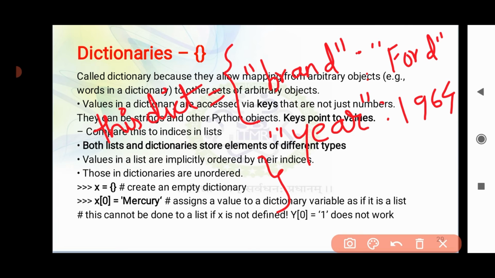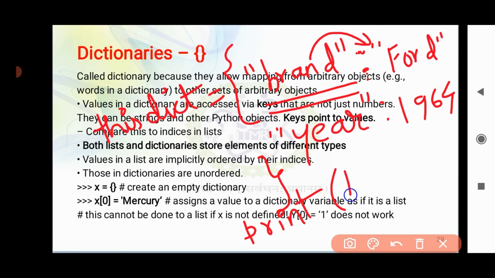That means one particular key should have one value to map with. So always remember, when you are creating dictionaries in Python, they will definitely have paired values. For one value, some other value should be given. And if I have to print it, what will I write? Print of thisdict.